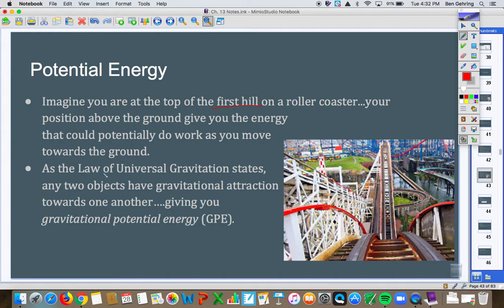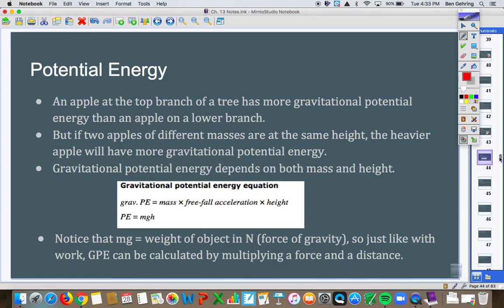And so, like the universal law of gravitation said, any two objects that have gravitational attraction towards one another, any two objects that have mass have gravity. This gives you gravitational potential energy, and that's going to be what we focus on today as far as energy goes. And so that form of energy, gravitational potential energy, depends on both mass and the height or the distance